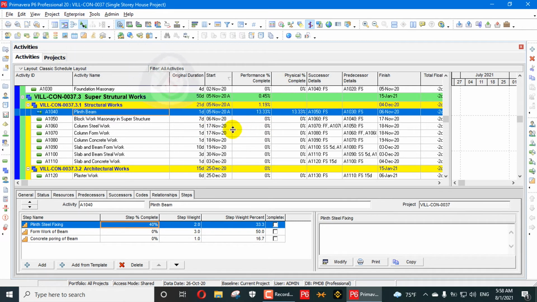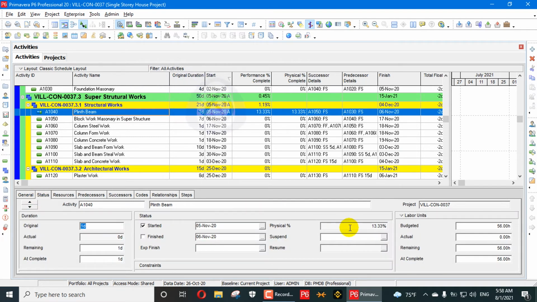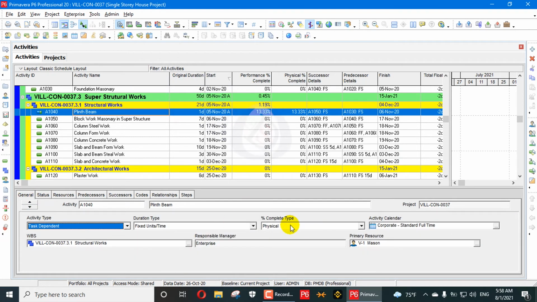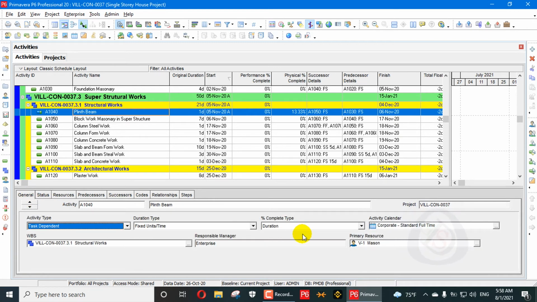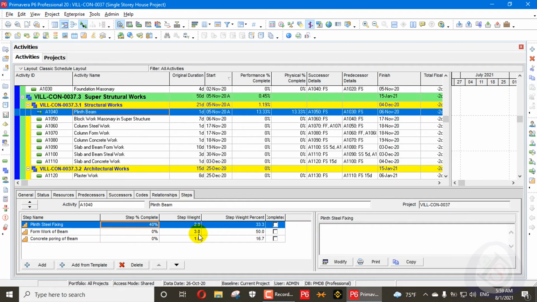So if you go here in the duration percent, for example, I add general and change it to duration, you can see performance percentage is 0, also duration is 0. So that one is calculated based on physical. If you apply this setting, it will apply to your whole project, and you have to update your activities on the basis of steps.